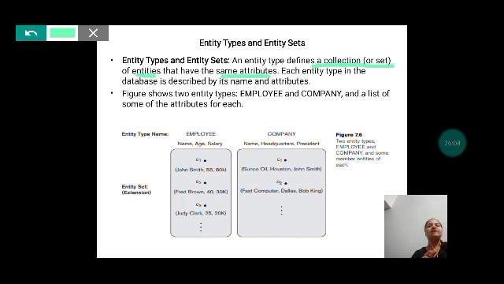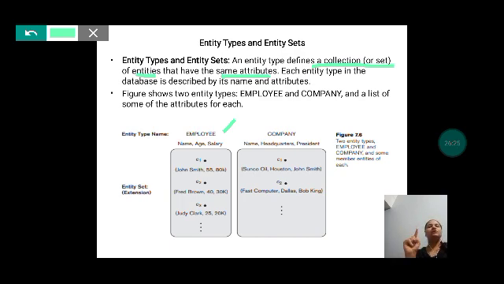See, the entity type we have taken here is employee. Employee is the name of that entity type, wherein you can store similar data. That is, all the entries in that employee table can have the same attribute data. All the entries can have the name.